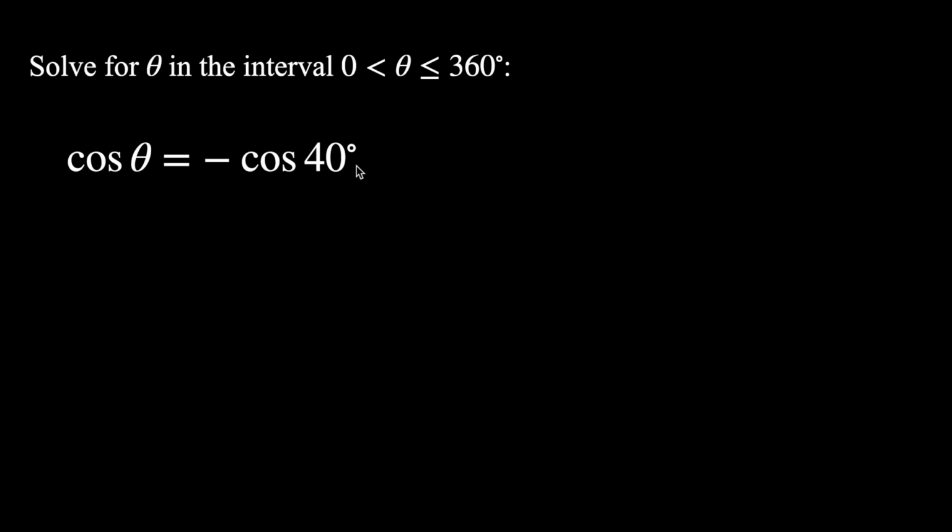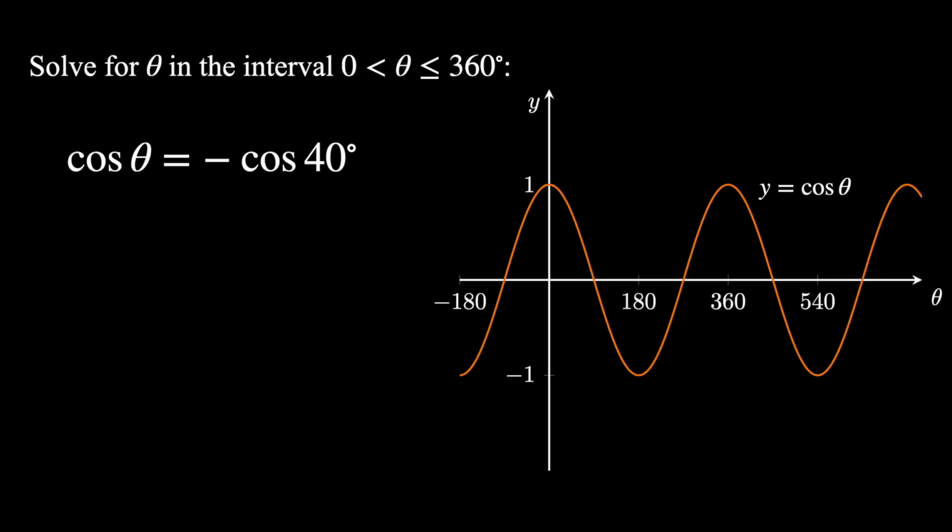So to solve equations with the graphs, firstly you start, in this case we're going to start with the graph of the cosine function, because we've got cosine theta equal to something. And you could get a decimal for this negative cosine 40. If you plug that into a calculator, you get approximately negative 0.766. The next thing you do is to draw a horizontal line at this value. So we're going to draw a horizontal line at negative 0.766, and this is the line with equation y equals